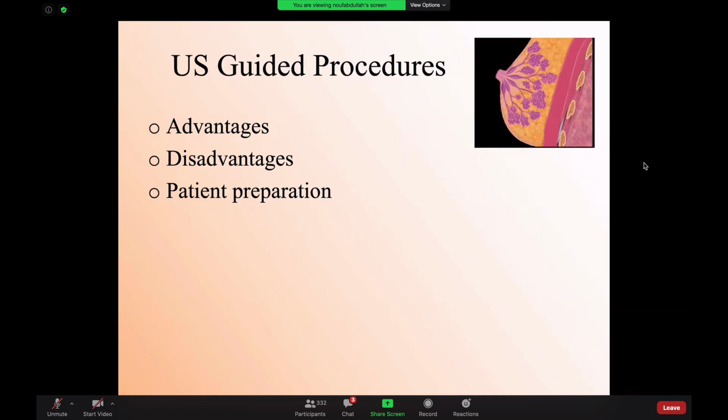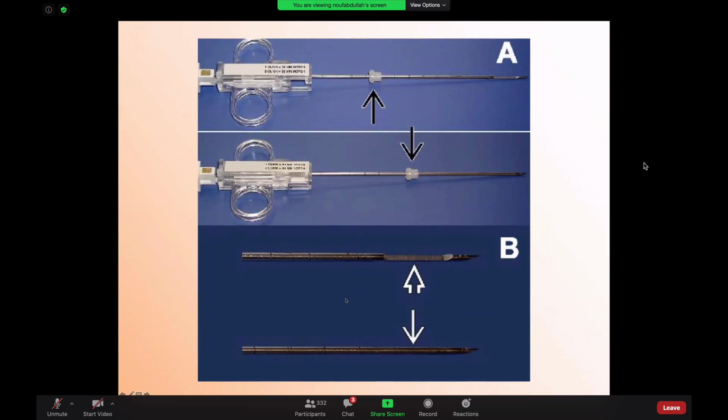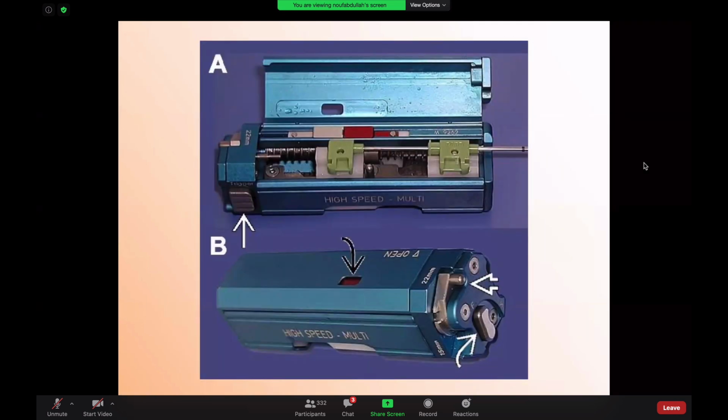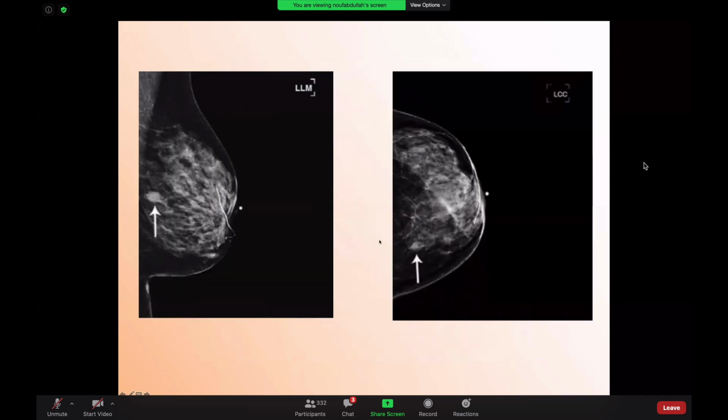How do you prepare the patient? Usually the patient is put in an oblique position. You put the side of the breast that you want to biopsy up, and then you can use any of these needles to biopsy the lesion with ultrasound. You have your probe, and then you will go with either a lateral or medial approach. Your needle will always be parallel to the chest wall. You will never go perpendicular, and you will insert your needle and do the biopsy.